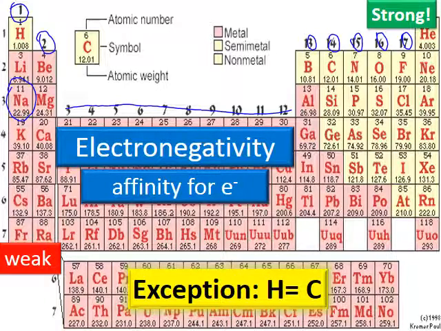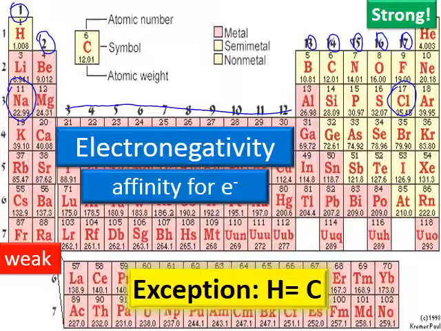Sodium is right here. It's very, very weak. Chlorine is over here. It's very, very strong. There's a huge difference in electronegativities. So we'll have some stealing going on whenever it comes to the formation of table salt. And when electrons are stolen, what that means is something that was uncharged is now going to be charged. So it's going to form an ion, and that's why we call them ionic bonds.